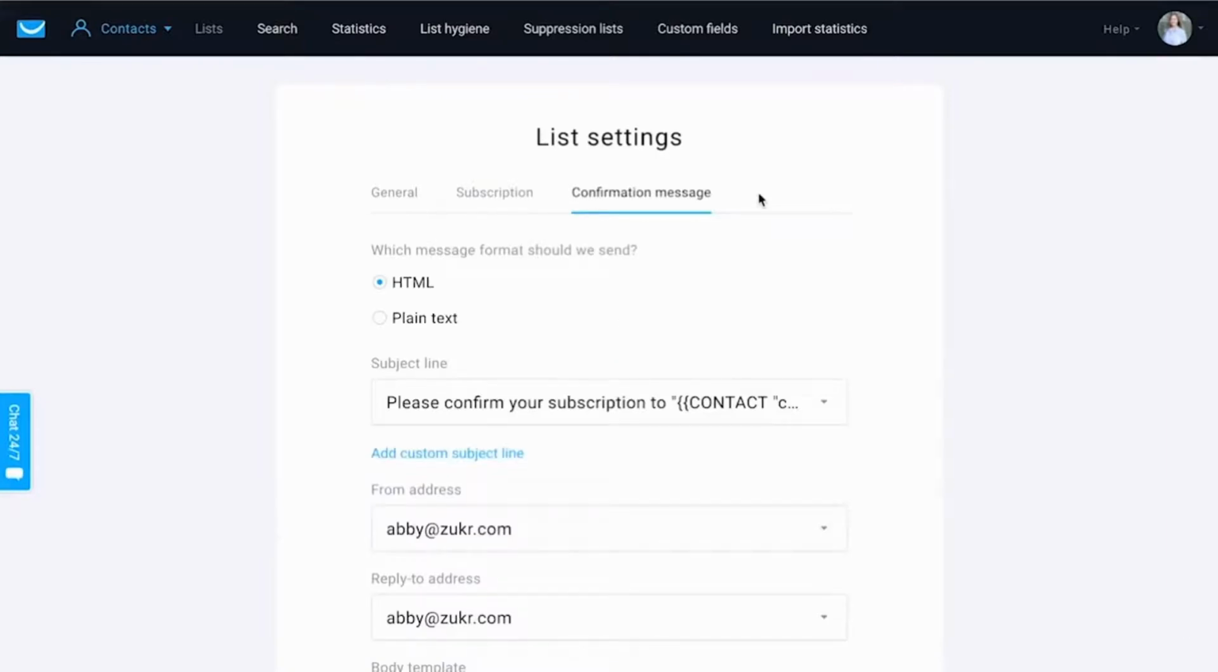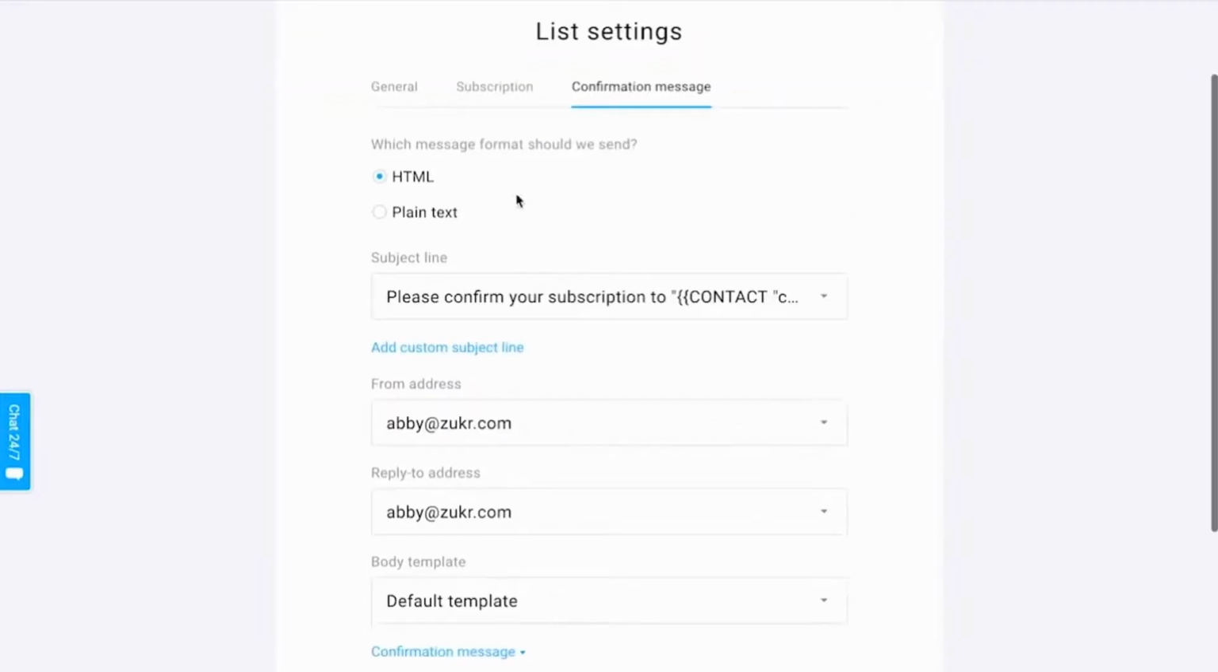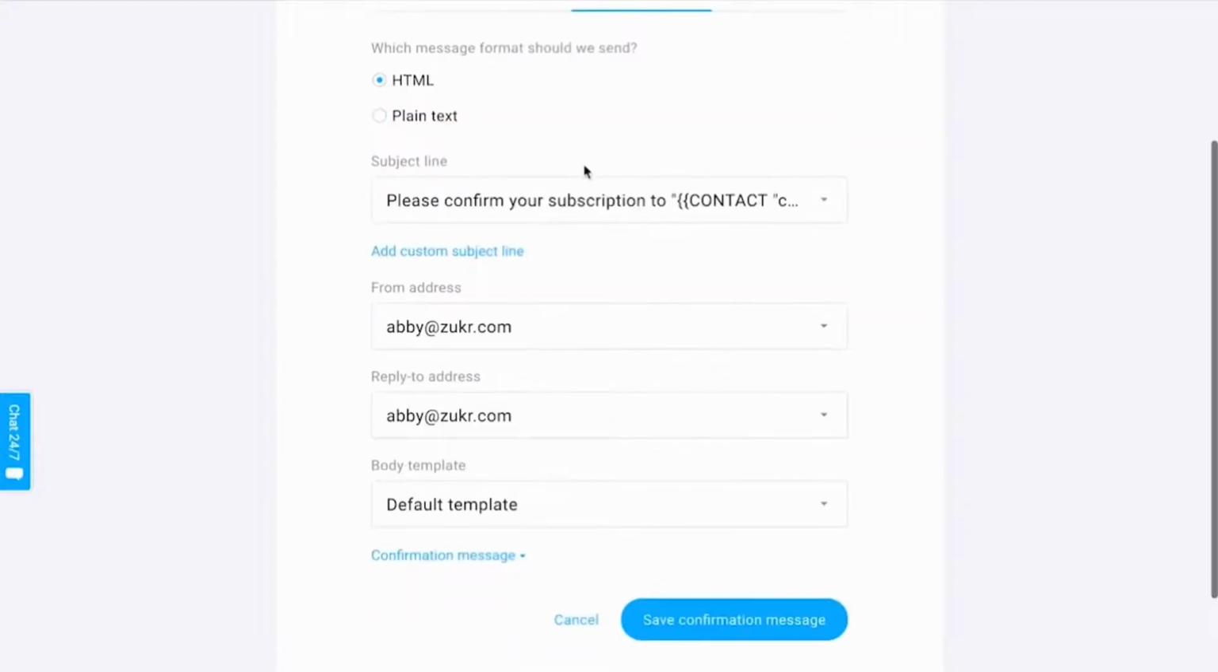And I say customize because the way it works for double opt-in is that it cannot be completely made from scratch by you, because there are some requirements that the message needs to have in order to work as a confirmation message. But you've got some options if you want to send it in a plain text or HTML format. HTML meaning, of course, there are some different styling options you have. You can update the subject line,